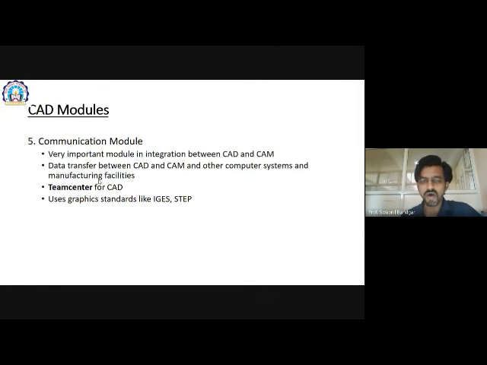Okay, and for these things to happen, our CAD tool must have a communication module too. If it doesn't have a communication module, then we have to use some different means, the basic example being a pen drive. If the system doesn't have LAN communication module support, we have to copy our data to a pen drive, and then I will take that pen drive to the different computer system, or to the CNC machine or the robotic arm, and I have to insert that pen drive and upload that program again, and then the system will work.